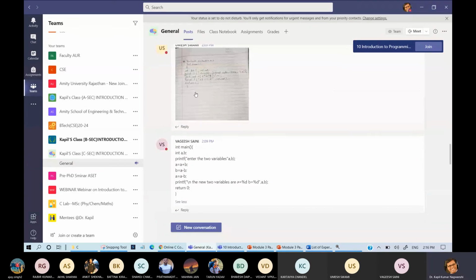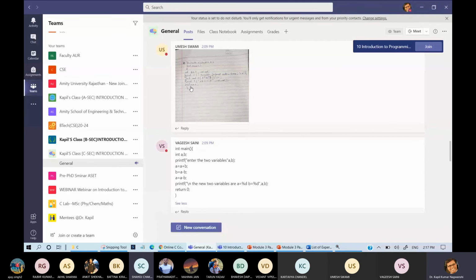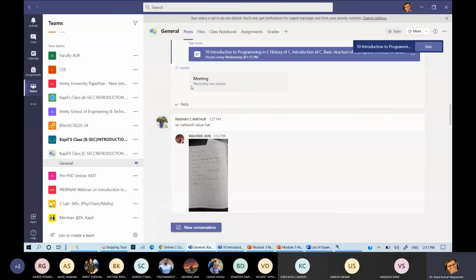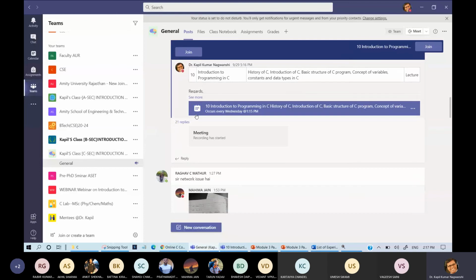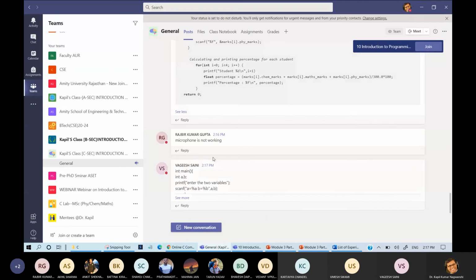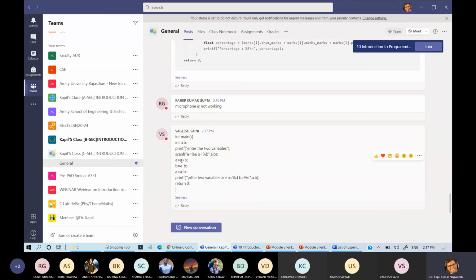Yes, Shahoj, then Vagish. Most of you have done nicely, and I think this program is simply cut and paste, because I had not explained any such concept and the program was quite simple. Vagish, in your program particularly there are some errors.